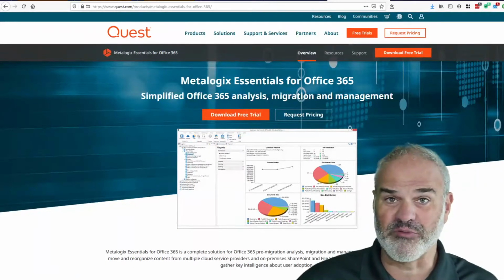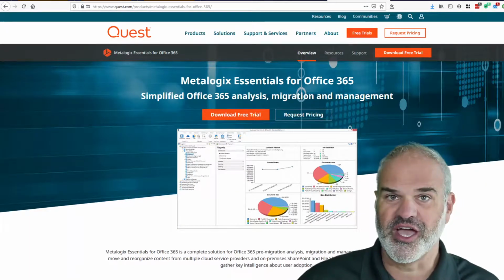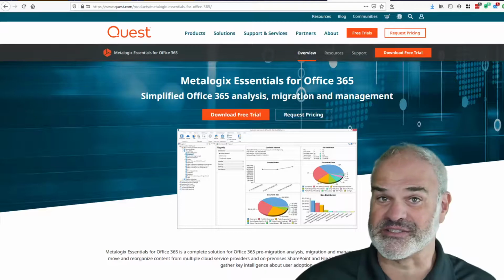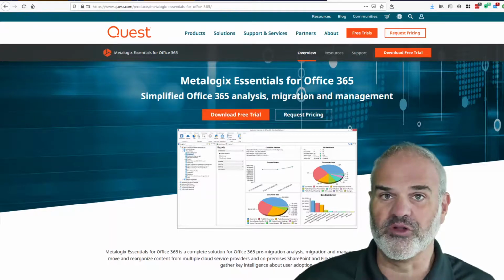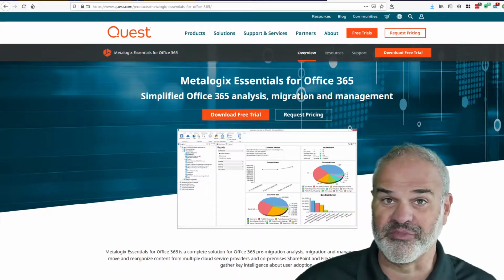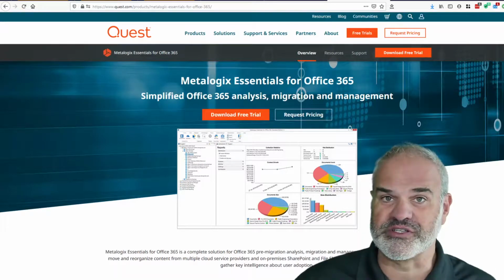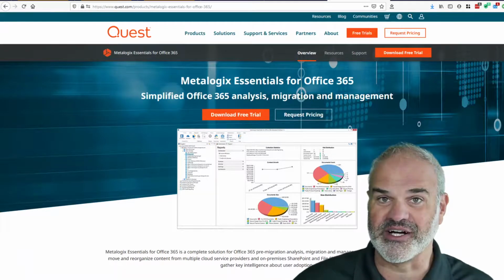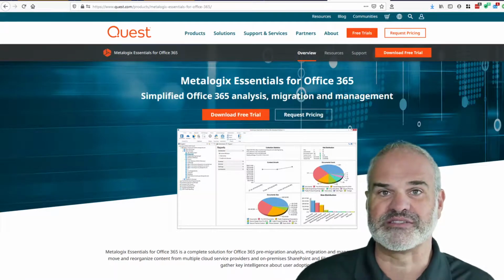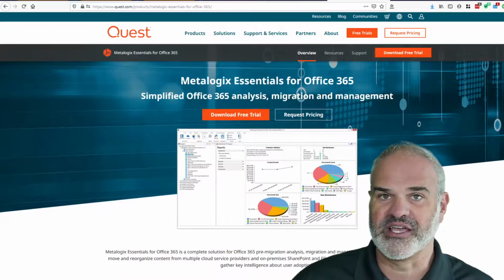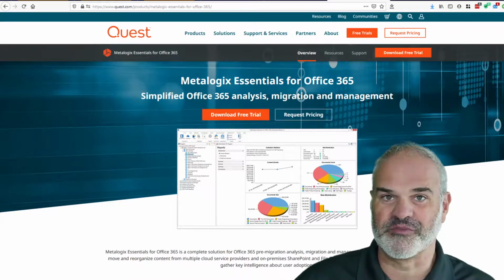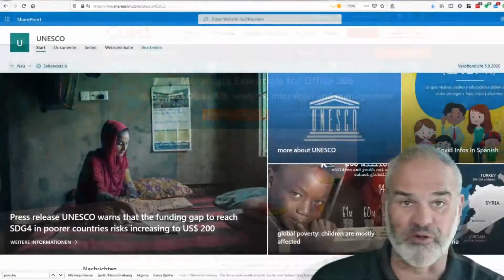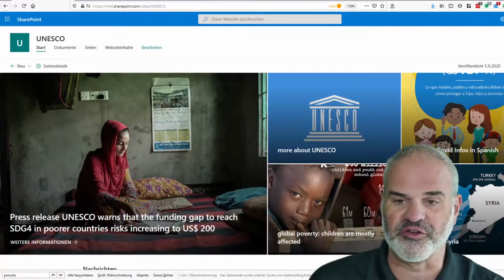And in the next 3 minutes, I would like to show you how to enrich an empty SharePoint modern site, it's a communication site, with full metadata from an example where I've picked UNESCO thesaurus. I'm going to use the official SKOS RDF files and import them using Quest Essentials for Office 365 into an empty term store. So stay tuned about a very important topic, as I mentioned, UNESCO.